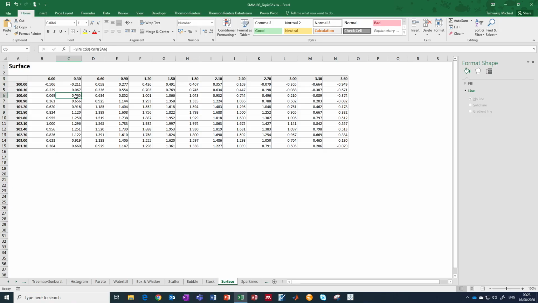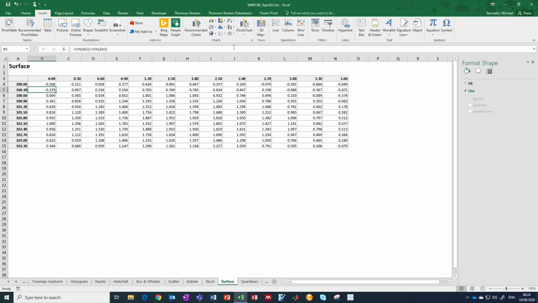And in between, the actual calculation is nothing more than the sum of the signs of the two numbers. But a situation where you would use a surface chart is if you're looking at the option prices for a particular asset. Let's say you have options on Brent crude oil and you have a number of different strike prices and you have a number of different implied volatilities, for example, and you want to be able to plot this together. So you create a data table like this with the calculations obviously here in the middle, or with the observed values from the market, and then you select Insert